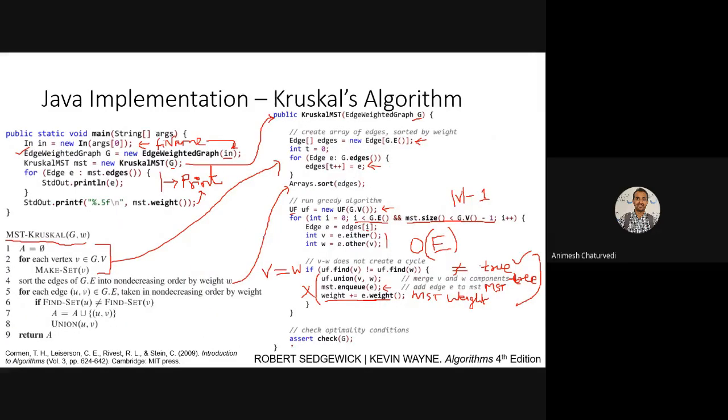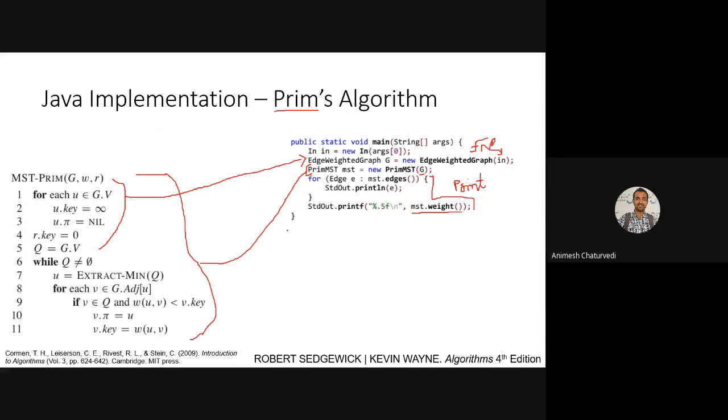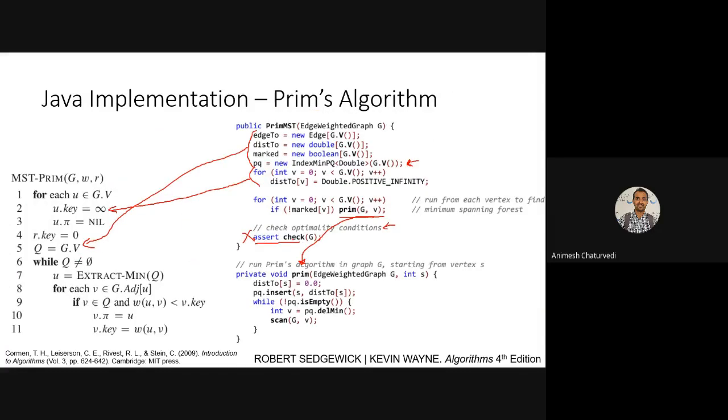In Kruskal also we hadn't discussed this, because there are many ways to do testing and we just want to discuss this MST Kruskal. So we will not discuss the assert check, but we will discuss the most important part, that is Prim's G comma V. When this Prim's G comma V is executed, it will be